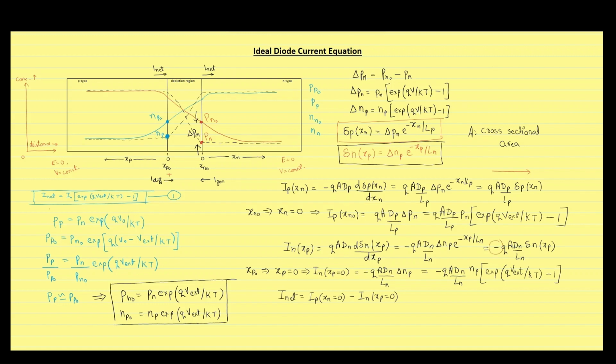But for xp, we have taken the positive side from right to left. Therefore, inclusion of the negative sign means that the net current due to free electrons is actually in the direction from left to right. Therefore, the two currents are actually in the same direction. And this negative sign in the final expression will cancel the negative sign which is present in the expression of current due to free electrons. Therefore, net current will be equal to